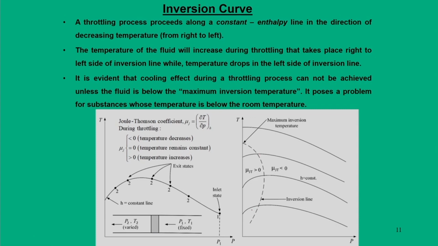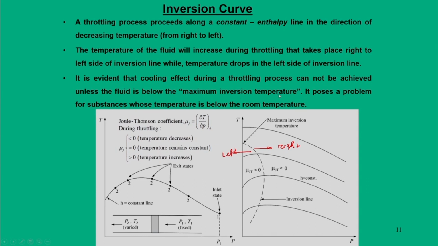That means, if this is your inversion line and we are moving towards right and we are moving towards left, when you move from right to left, then the temperature increases, and the temperature drops on the left side of the inversion line. It is also evident that the cooling effect during a throttling process cannot be achieved unless the fluid is